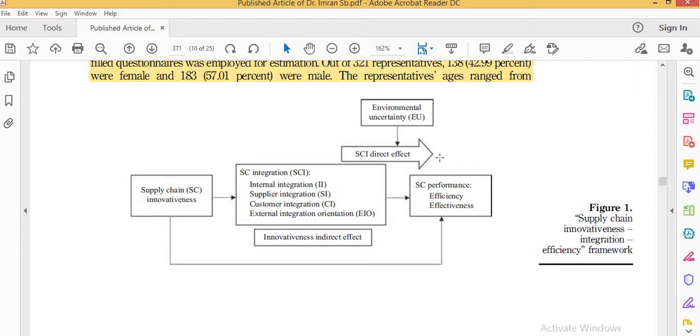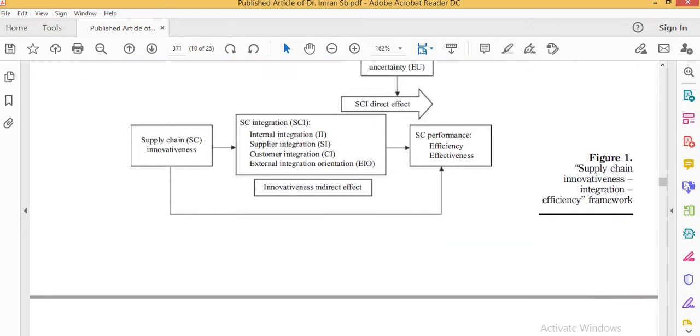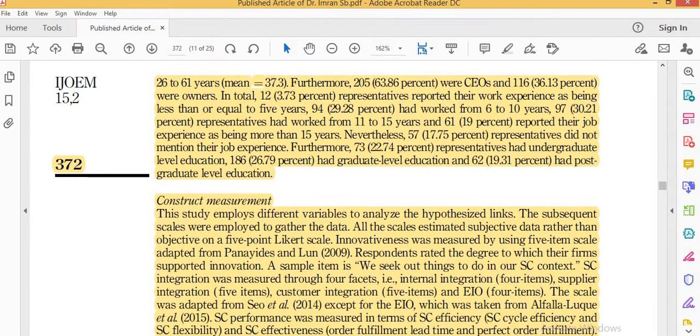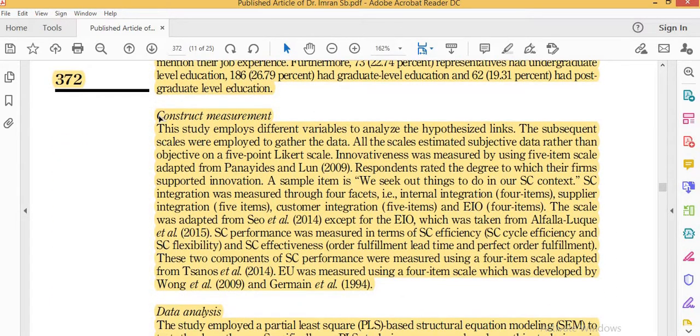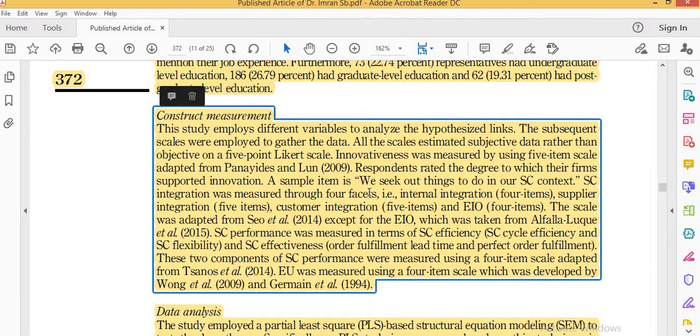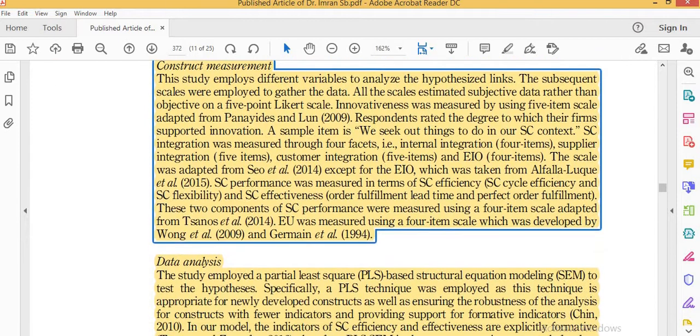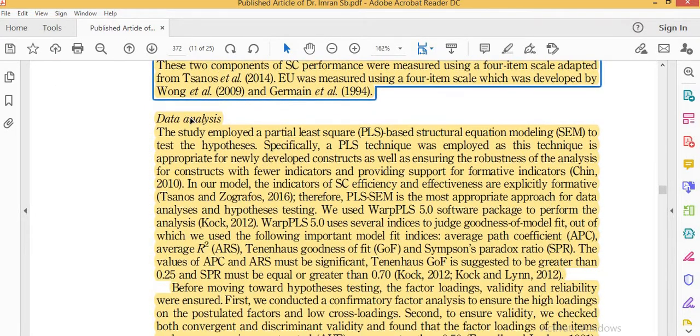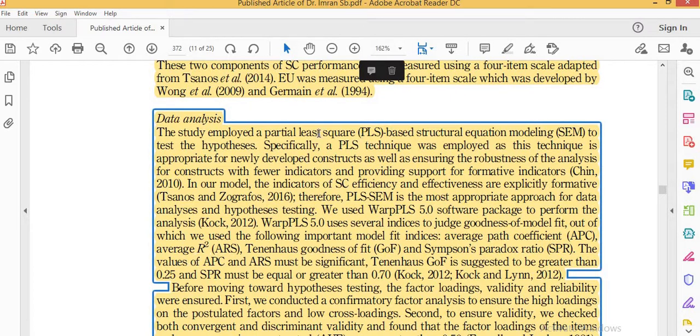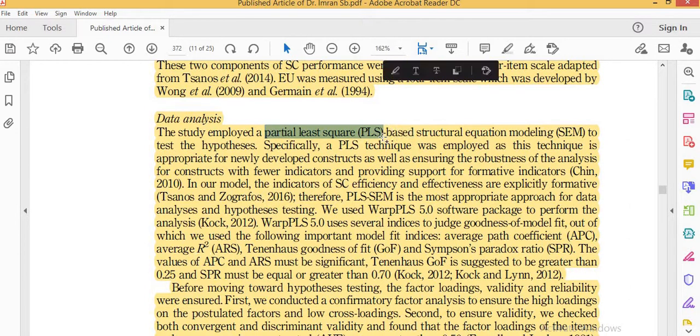I chose this paper specifically because maximum relationships and maximum hypotheses have been given for testing. First of all, they have shown from where they have used the constructs or instruments for measurement of these variables, and then they have given details about the software for data analysis. They have used partial least squares, the WarpPLS 5.0, and then they have shown